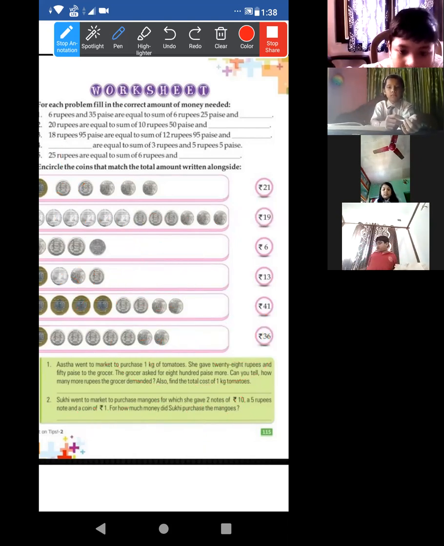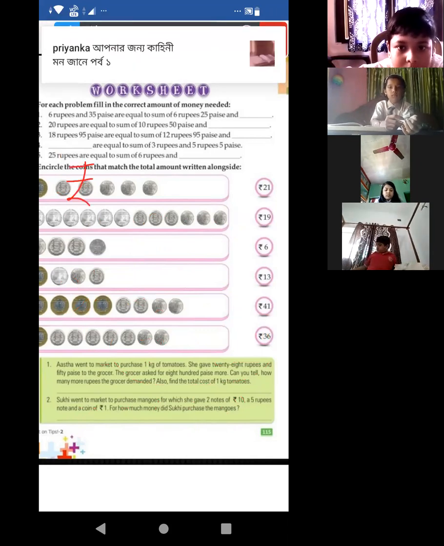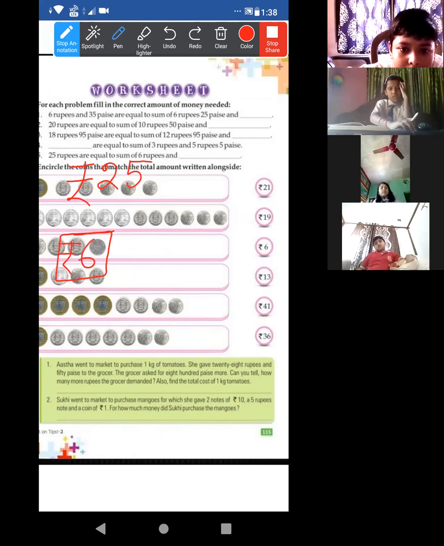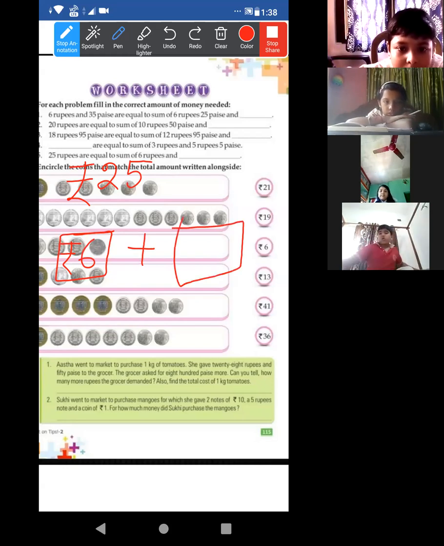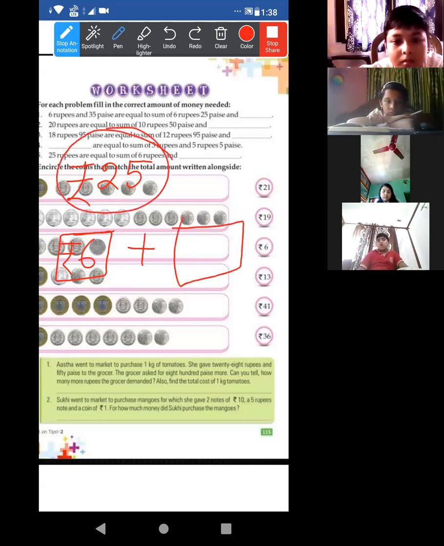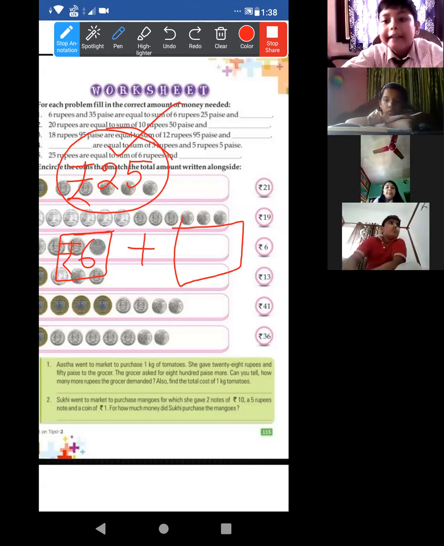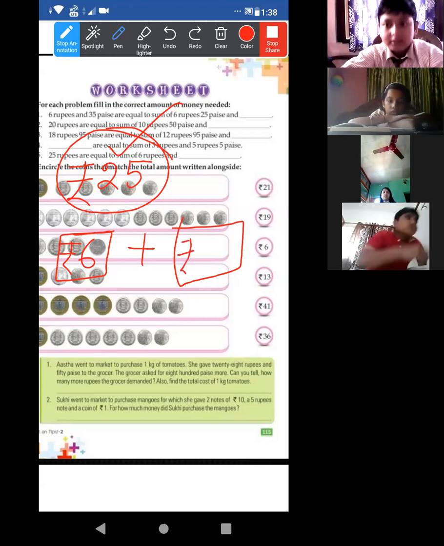Acha, look at this. Again, I am telling. There are total 25 rupees. You have only 6 rupees. Spandan, you have only 6 rupees. Then how much amount do you have to add so that it will be 25? How many more should you have so that it can be 25? 19, no? Count it. Exactly. So it will be 19.